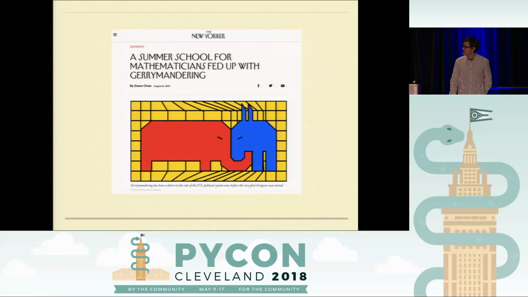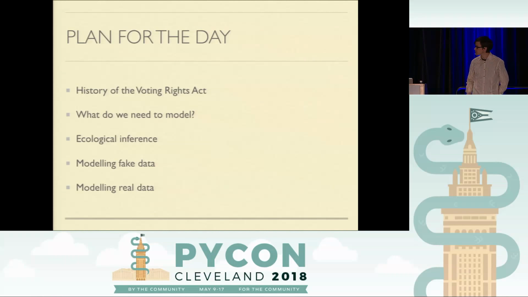So this past summer, Karin was taking part in a gerrymandering summer school over at Tufts University and discussing one of the statistical models that they use in talking about redistricting. I'm one of the core contributors on the PyMC3 project. This is a project for doing statistical inference in Python. And it sounded to me like this is something we could implement in 5 or 6 lines of PyMC3. So this talk is really going to be covering the result of that observation.